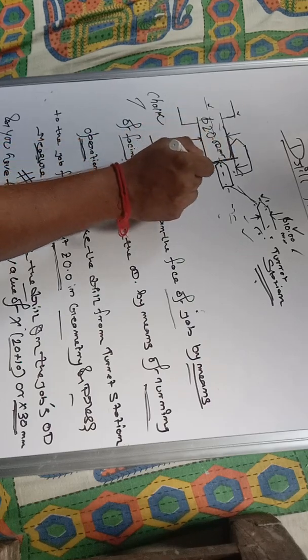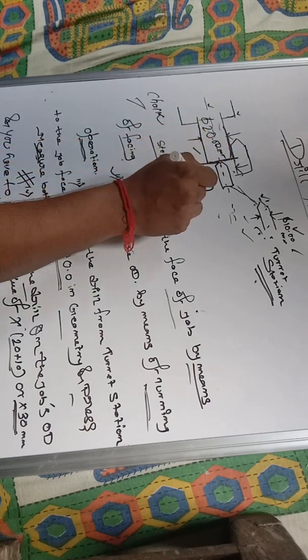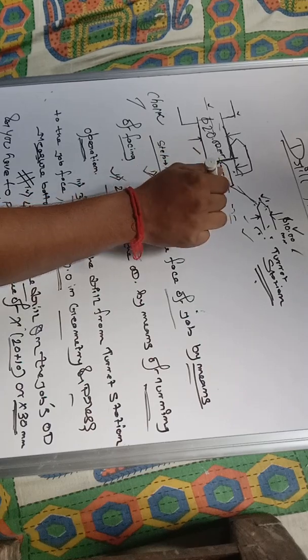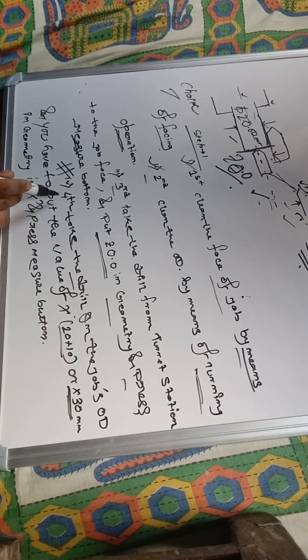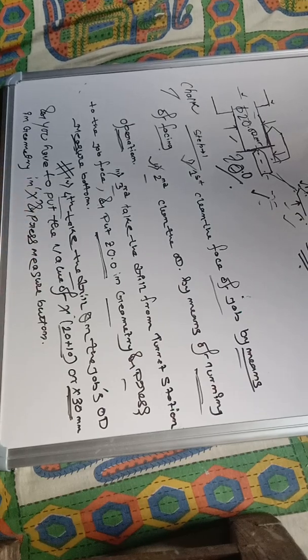Here you will put Z 0.0 measured value in geometry. After that, what will you do? Fourth step. That is a very important step. You have to take the value of X. Suppose in a CNC machine, if there is a mass production system, then you may simply take the center value of the machine. Then you do not have to take any kind of X value. If you do not know the center value of the CNC machine, then you have to take the X offset.